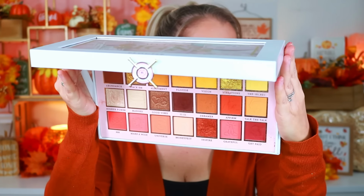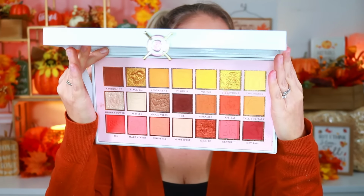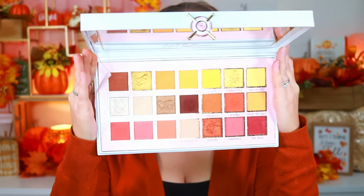It has nothing to do with fall, but I see fall. So I love it so much. There's nothing about the outside packaging or the shade names that is about fall. It's all the color story that screams it. And I just think it's such a gorgeous fall palette. I think that you can create so many different